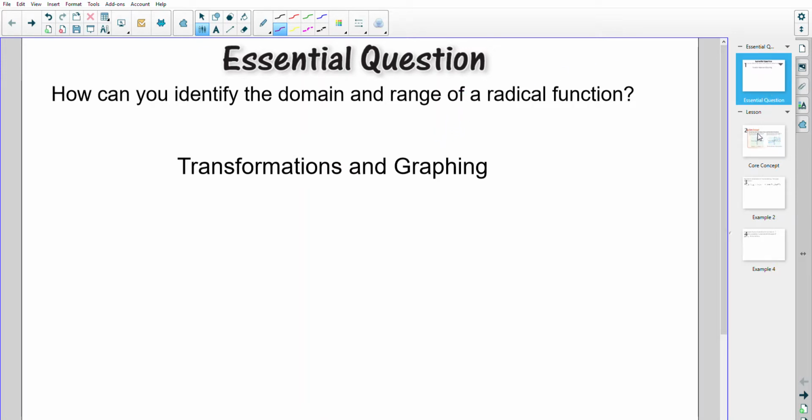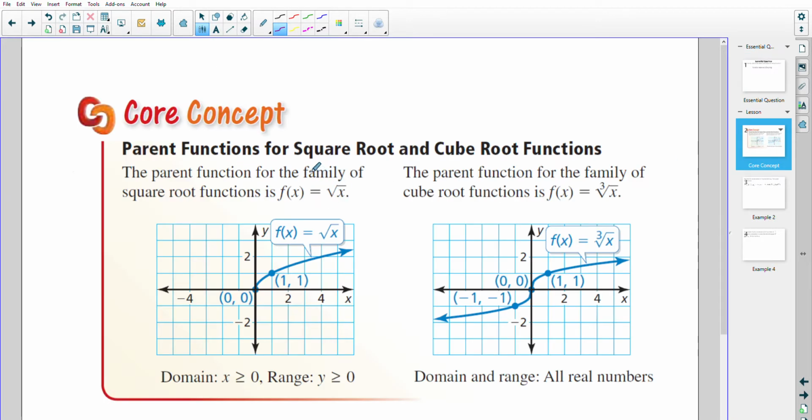Okay, on 5.3, the topics are going to be looking at radical functions and graphing them and determining the domain and ranges of them. So, for example, we have two types of parent functions. One's the square root, and the other one is the cubic